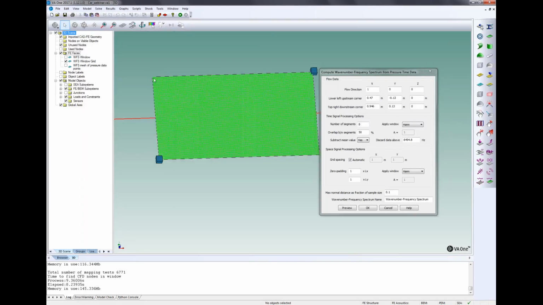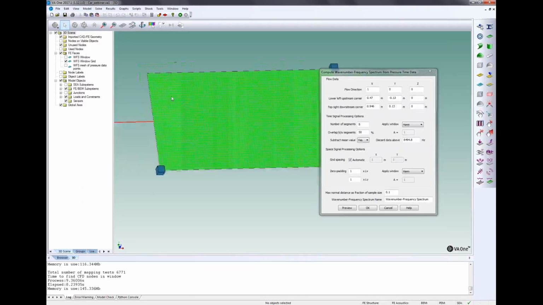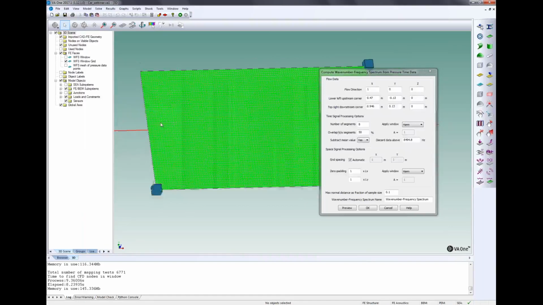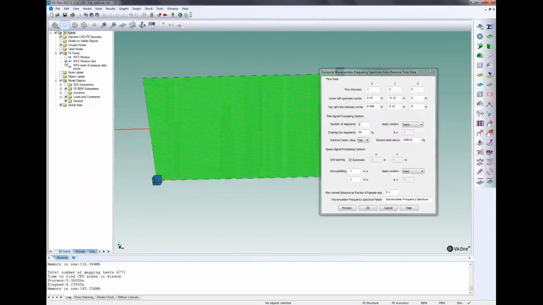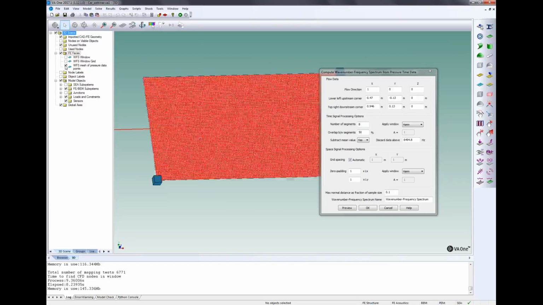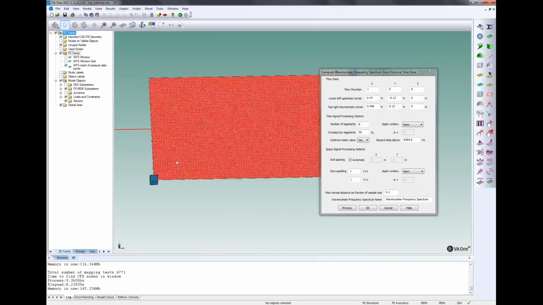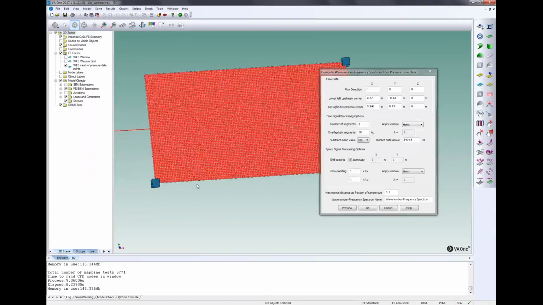This one will be the analysis grid, which is defined by those options. By default, it takes the average distance between nodes in the CFD data, and there you can see the CFD data grid.